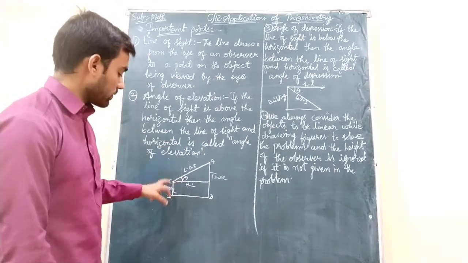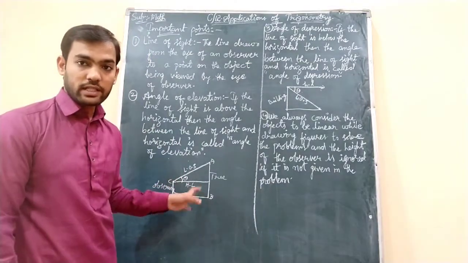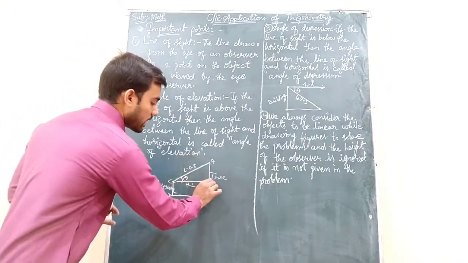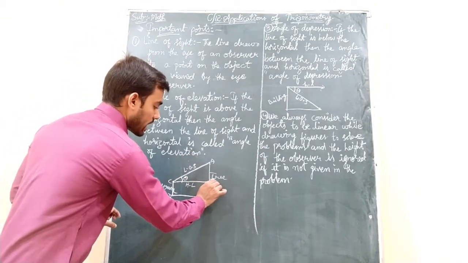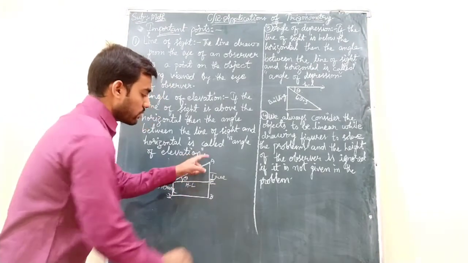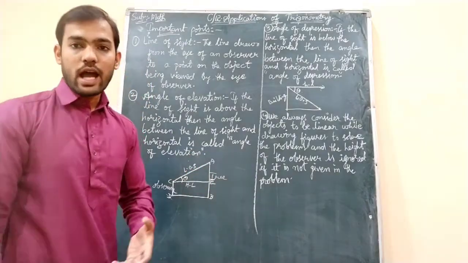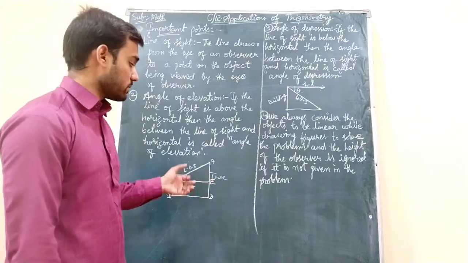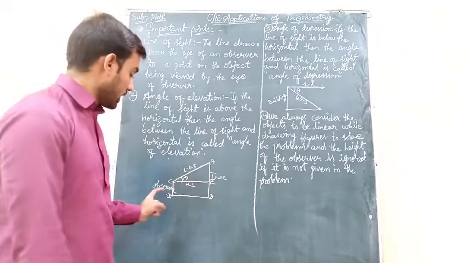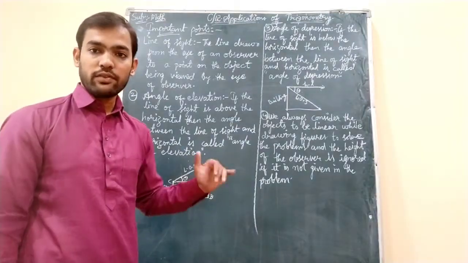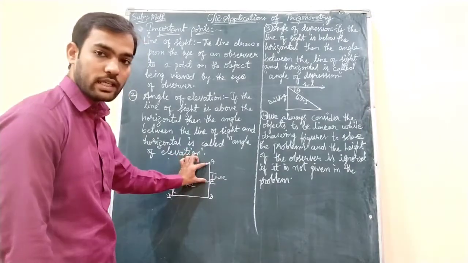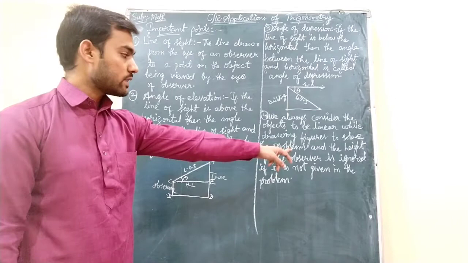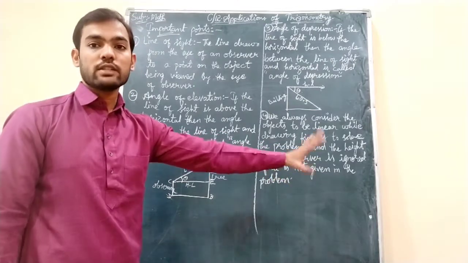Okay, suppose here the observer was standing and his height is not given, so we will ignore this height, and whatever information we get right from A to, let us say, E, A to E, that we will take as the height of the tree. As per the solving of the problems, we will take AE as the height of the tree, because CD is not given in the question. If it is given, then after finding this AE, this plus this we will take as the height of the tree. Understand? So that is why it says the height of the observer is ignored if it is not given in the question.